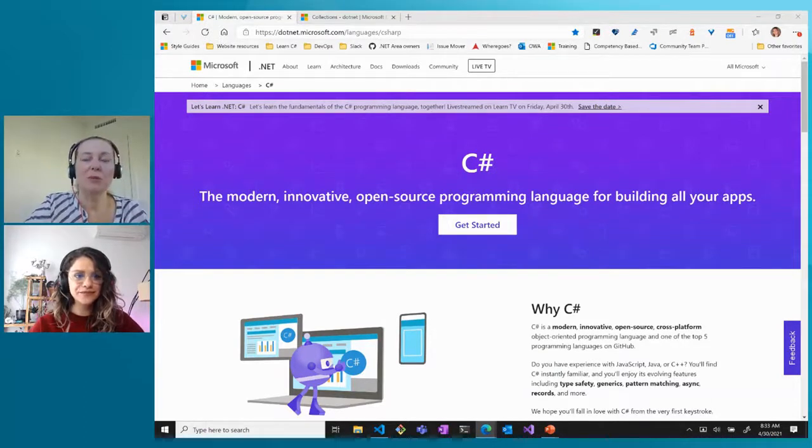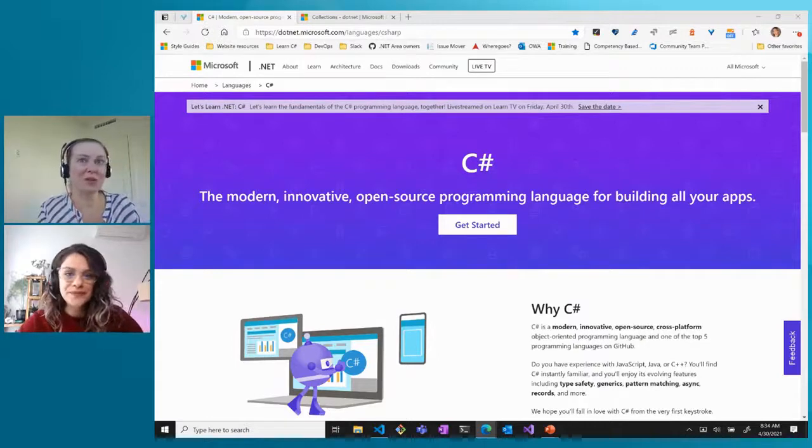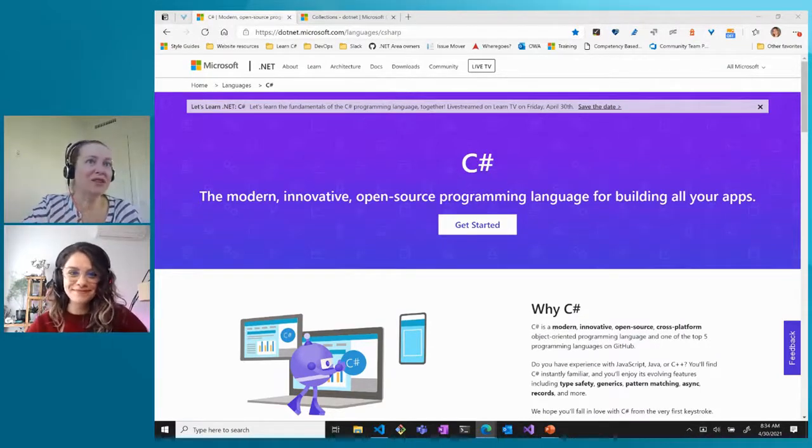And so C# was launched back in 2002. It was originally Windows only. So it was launched with .NET 2002, Visual Studio .NET 2002. And it was created to build Windows applications in the .NET framework. So C# runs on top of another platform called .NET. But over the years, the language has been evolving. It added new functionality, new features that make